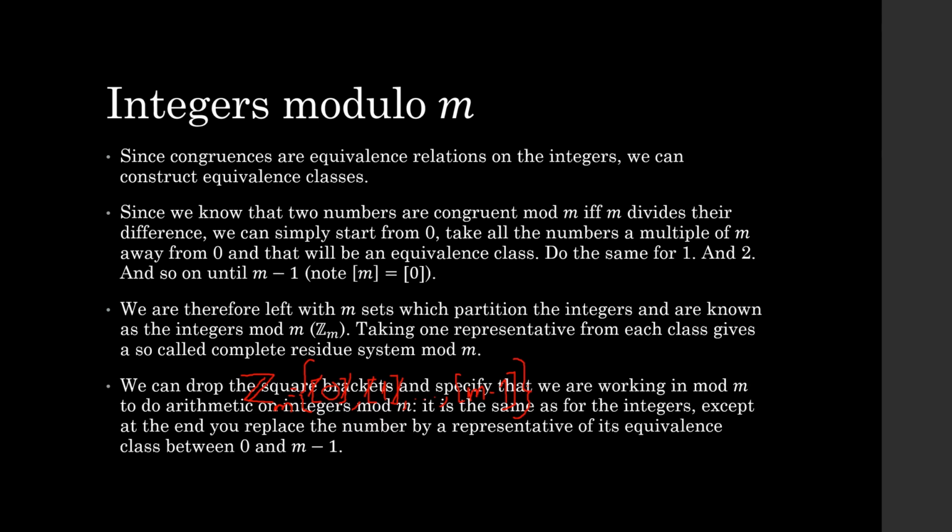So I'm just going to show you this here. We can draw the square brackets and specify what we're working in, mod m, right? And then we can do arithmetic on integers mod m. The arithmetic is the same as for regular integers, except at the end you're going to replace a number by a representative of its equivalence class between 0 and m minus 1. So for example, if I do m minus 1 plus m minus 3,